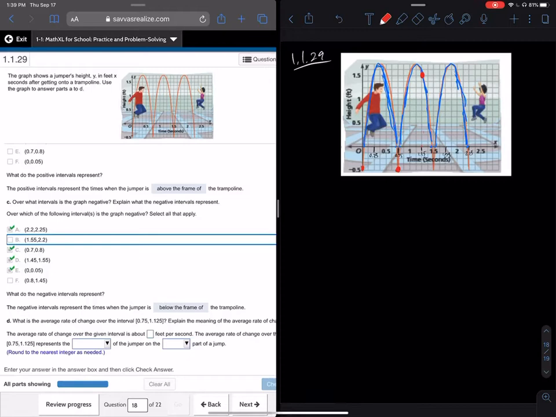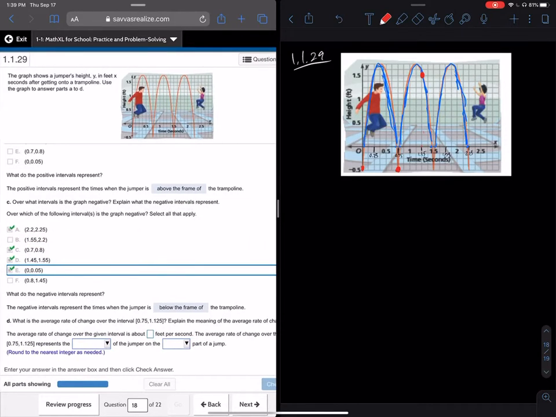All right, explain the meaning of the average rate of change over the interval, so you'll figure the rest of that out. Your 2 points are 0.75, negative 0.5. Again, that would be that first point there. And then they give us 1.125. Oh, sorry, we got to fix that. That's not that point. 1.125 is here. So that's going to be way up here at this peak, which we have to figure out